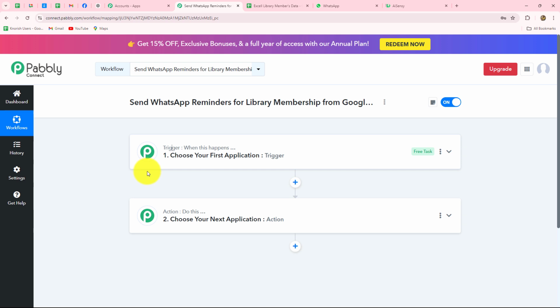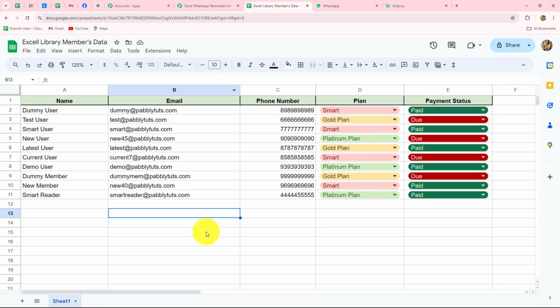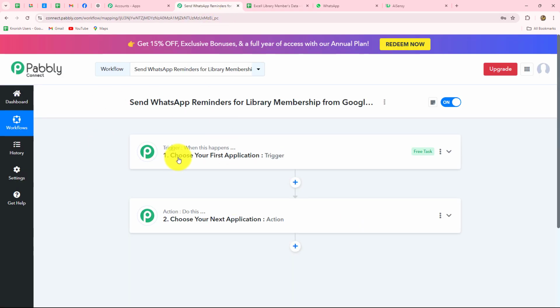Therefore, we can have only one trigger in any workflow, but we can add as many action steps as we want. Now let's suppose my objective is that a WhatsApp message should be sent to those members who have not submitted their payment for the upcoming renewal. Okay. So for that, here I'm going to use, let's say, schedule in my trigger. And for getting the details from Google Sheets, I'm going to take Google Sheets over here. So every month on 28th, automatically the details of Google Sheets should be captured inside my Pabbly Connect account related to those members who have